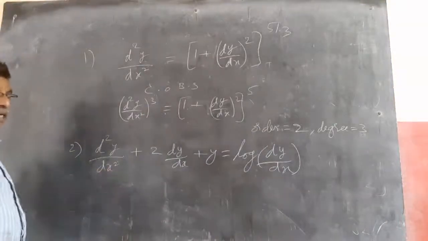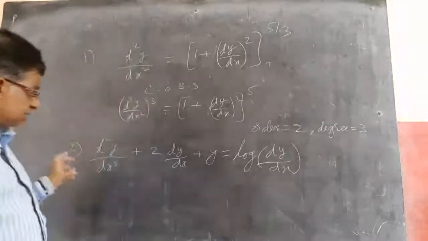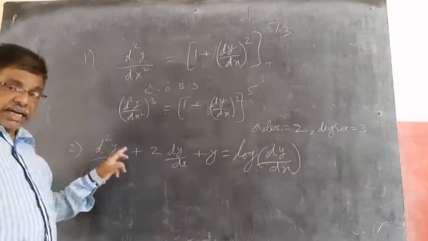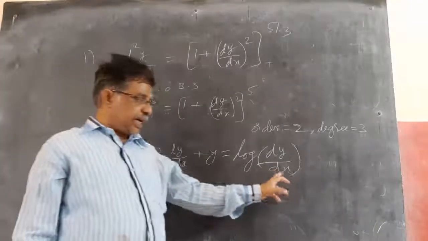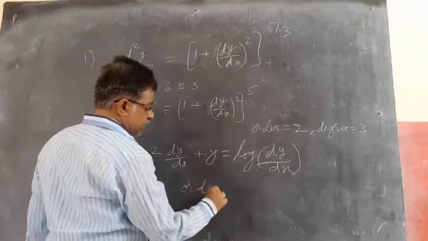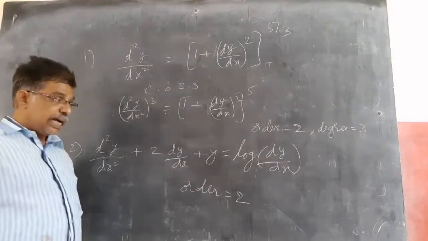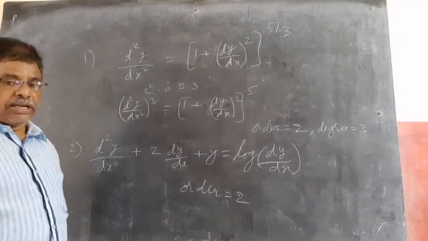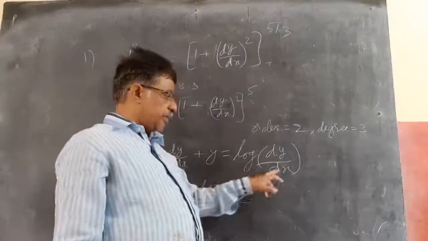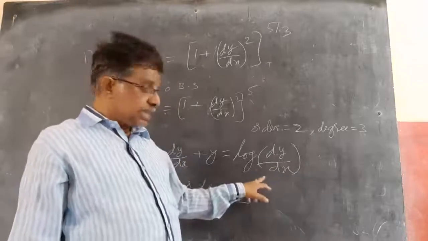And find the order and degree of this equation. This is already order 2 again, because the highest order here is d square y by dx square, the remaining are dy by dx. So order equal to 2 again for this equation. But what is the degree? Degree of the equation can be found only if it is converted into a polynomial. This part is already a polynomial, but here there is a dy by dx. If it is only y, you can leave it. But this is dy by dx.